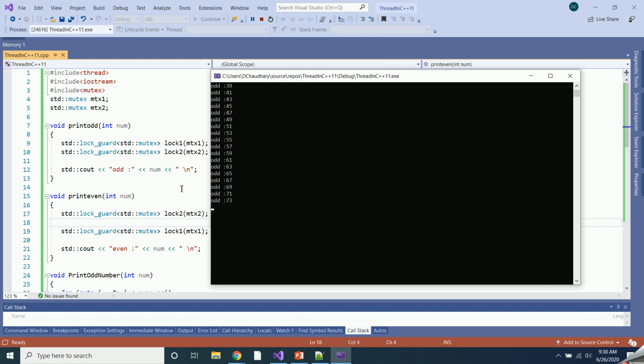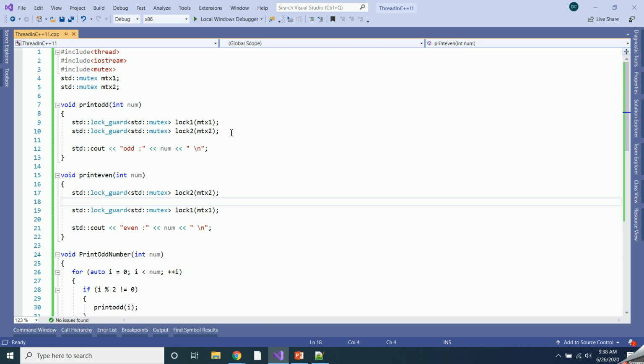So to avoid this deadlock, if you have multiple locks to acquire, you have to acquire the locks in the same order in all the threads. So first you have to acquire the lock 1, and then you have to acquire mutex 2. So all the mutexes have to be locked in the same order in all cases.